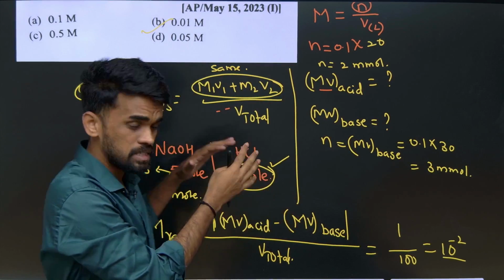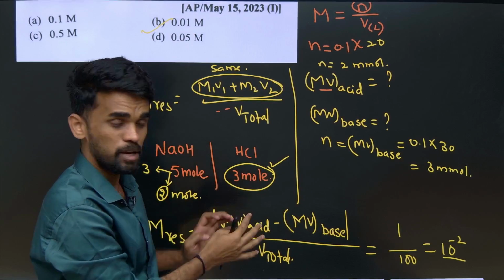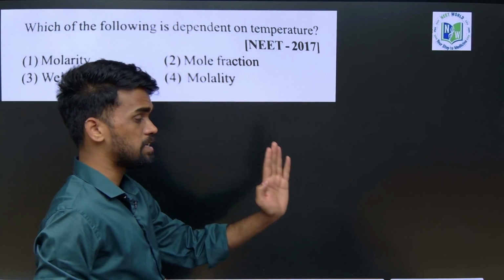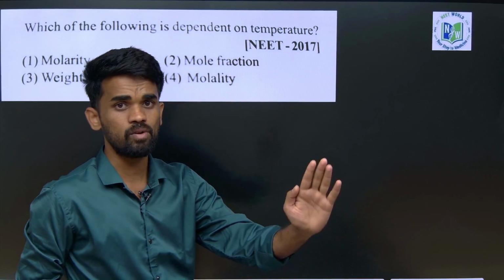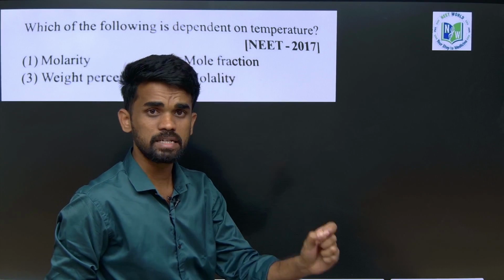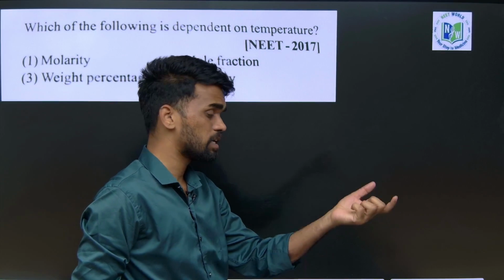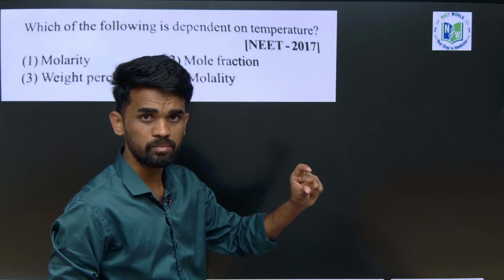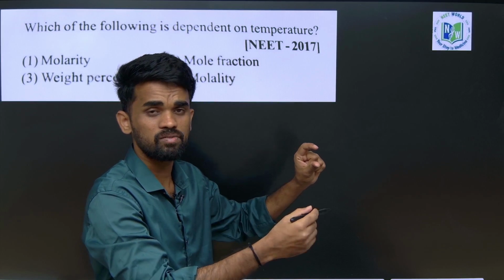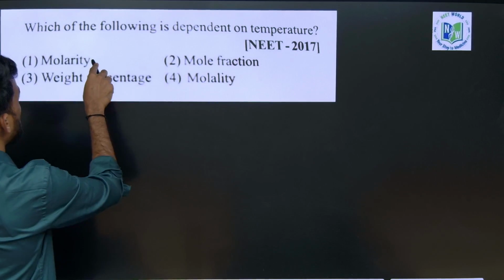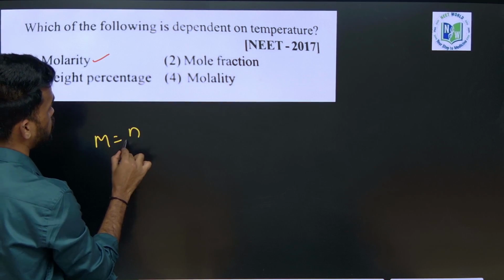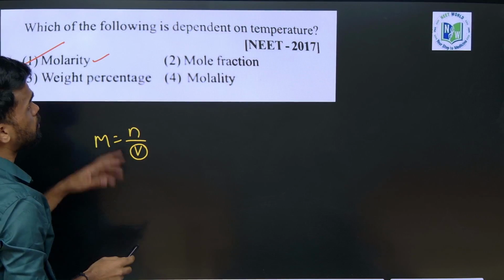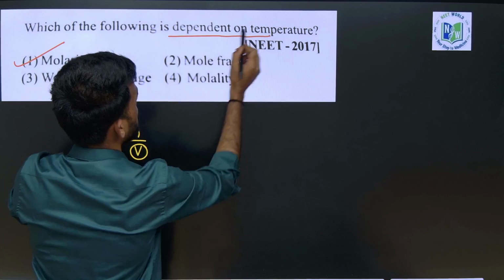Okay, so whatever we discussed in the last 15 minutes will be very important. Now tell me, in the last session I told you which terms depend upon temperature and which are independent. So how can we identify? It depends on whether the given concentration term contains any volume term. If the given concentration term includes any volume, then we can say it will be temperature dependent. Now tell me, molarity contains what? Number of moles of solute by volume of solution. So it has a volume term, therefore molarity depends upon temperature. They are asking about temperature dependent.